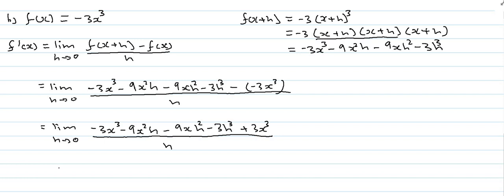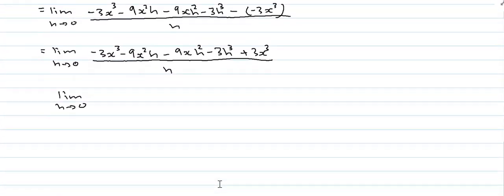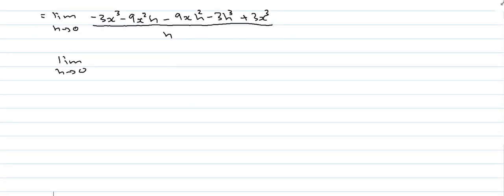This will become the limit as h approaches 0. And remember, I said always f of x must cancel out. This will be negative 3x cubed, cancel out positive 3x cubed. Then we'll be left with negative 9x squared h minus 9x h squared minus 3h cubed,